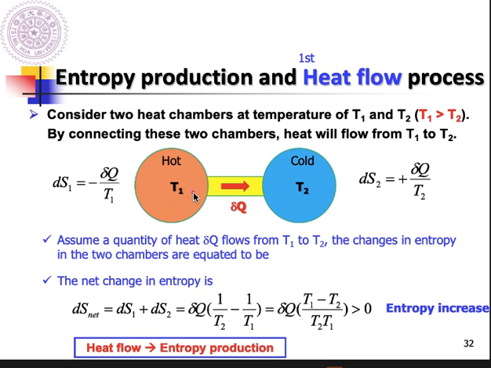In the beginning, we have two chambers with different temperatures, T1 and T2. Because T1 is higher than T2, as long as we use a thermal conductor or metal to connect chamber 1 and chamber 2, there must be a heat flux flowing from chamber 1 toward chamber 2. And after a serious calculation,